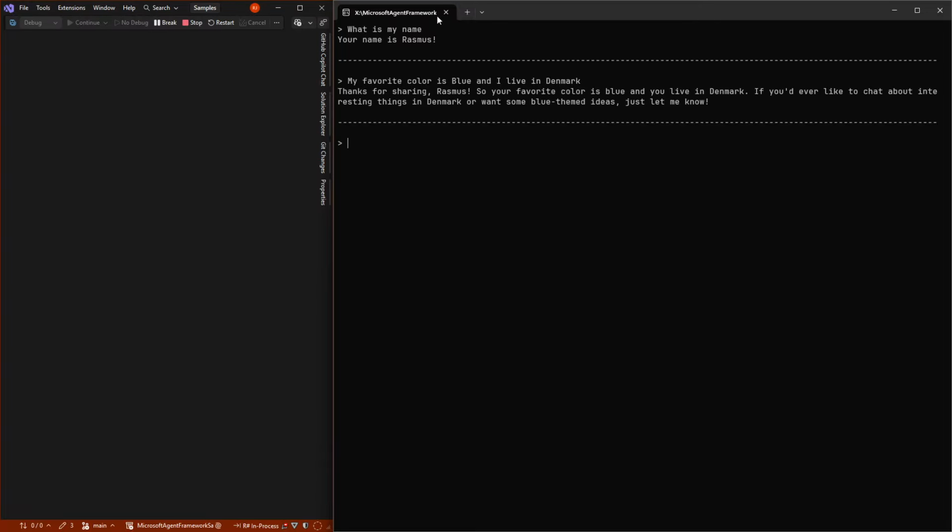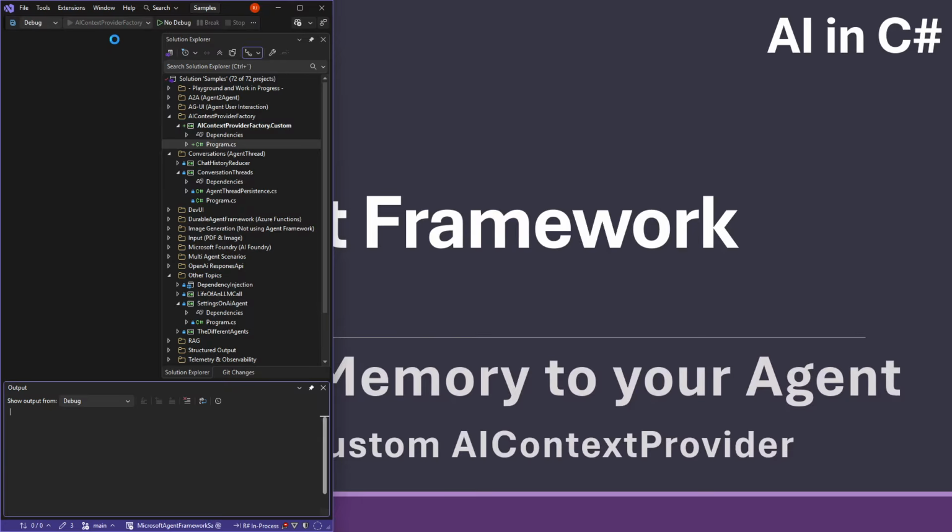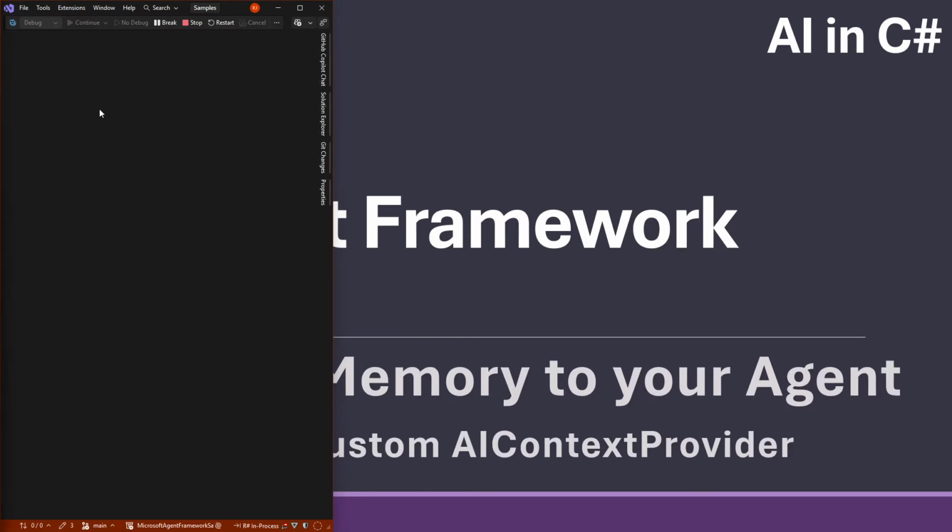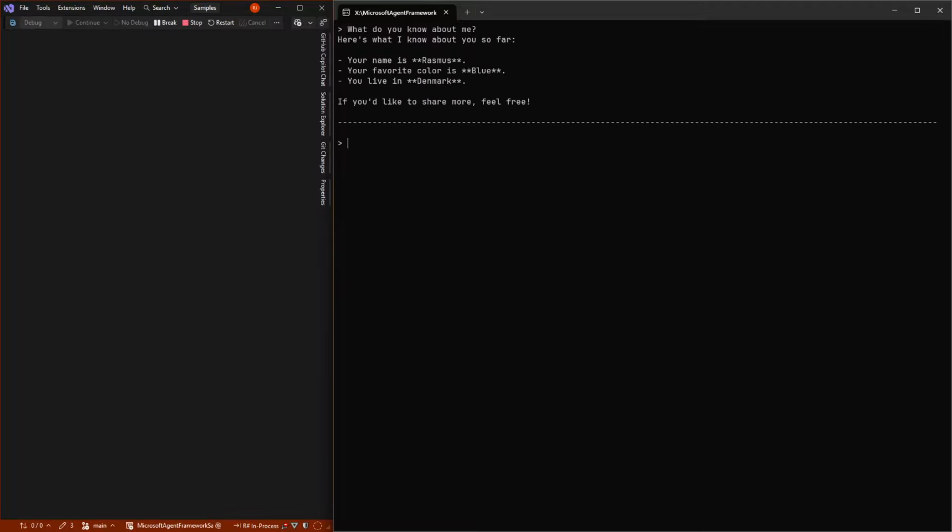And again, if I stop the code and start it again, I can now ask, what do you know about me? And now it knows 3 facts: that my name is Rasmus, my favorite color is blue, and I live in Denmark.